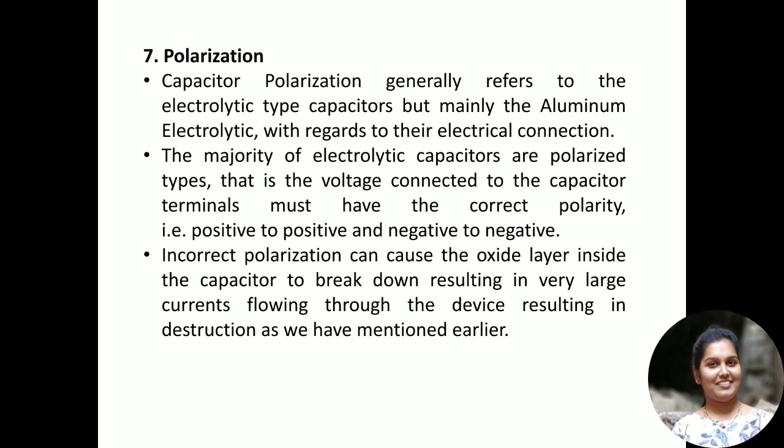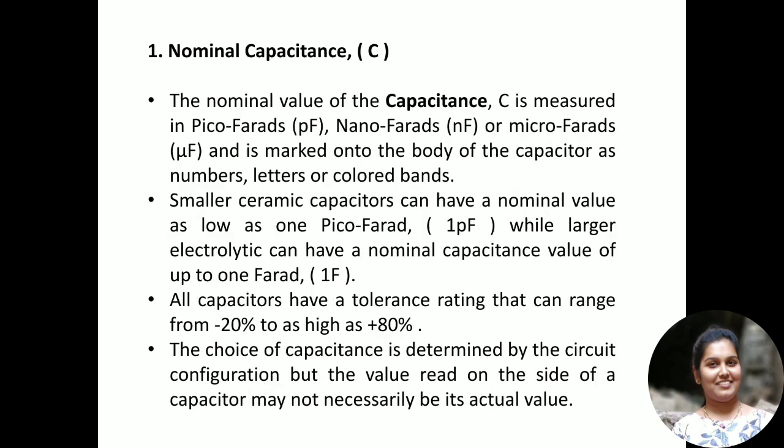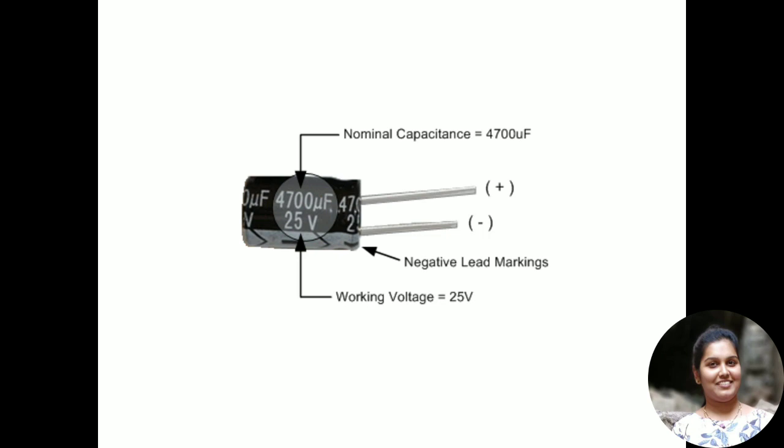So the majority of the electrolytic capacitors have their negative terminal clearly marked. In the starting of the session itself, I have shown you a capacitor. Here for the electrolytic capacitor, the negative mark is clearly mentioned. Majority of electrolytic capacitors will have the negative terminal clearly marked with a black strip band, arrows or some indications on the body in order to prevent any incorrect connections to the DC supplies.